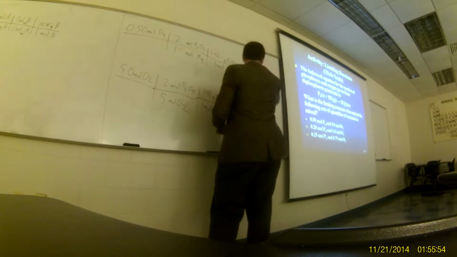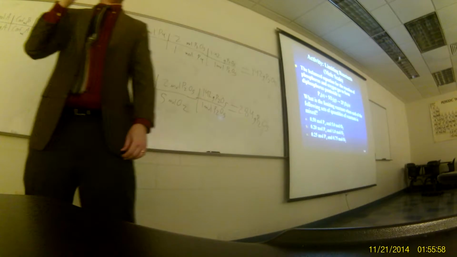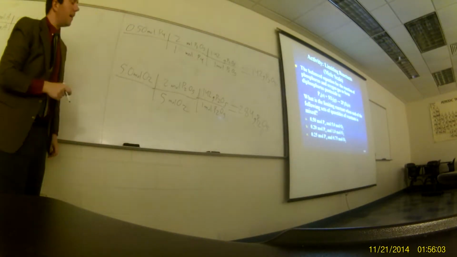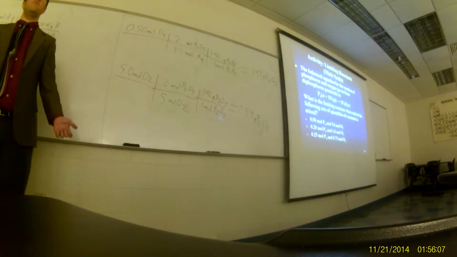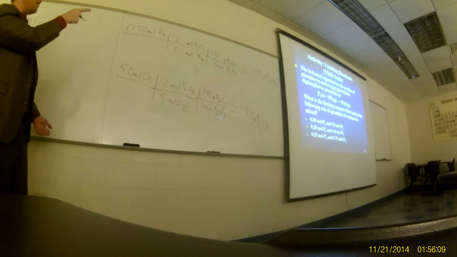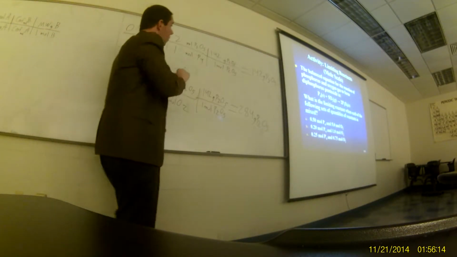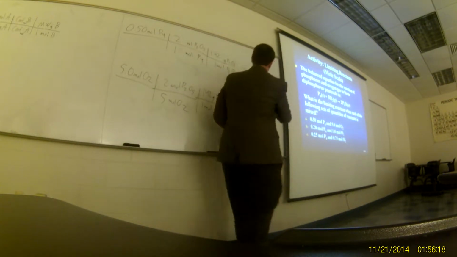So now we have how much product we can make starting from each amount. All we have to do is look at those two numbers and say which one is smaller. Which one is smaller? P4. The P4 number. What people like to do, even though it's wrong, is they'll write this out and then they will say